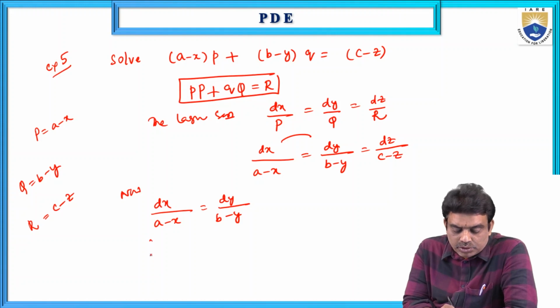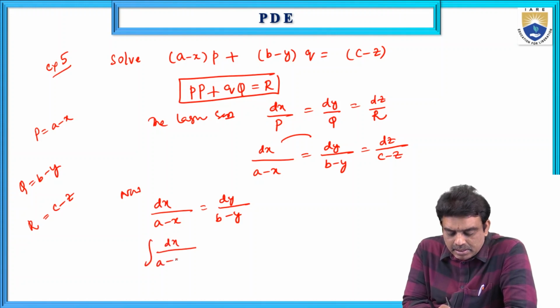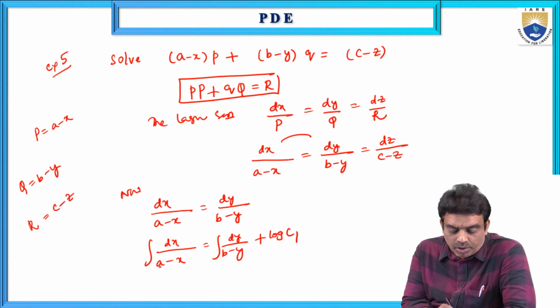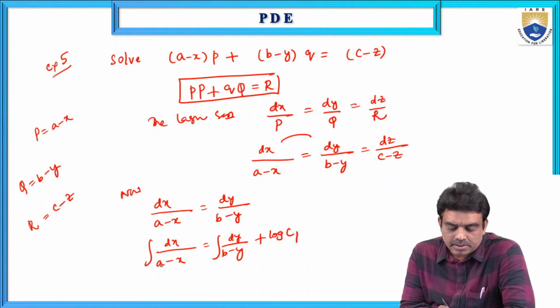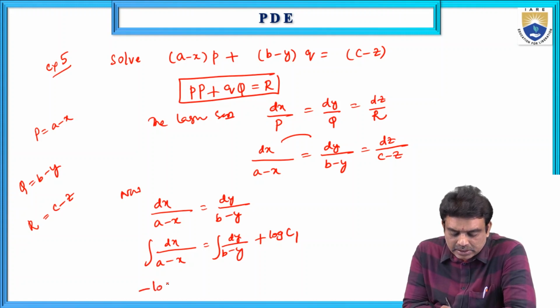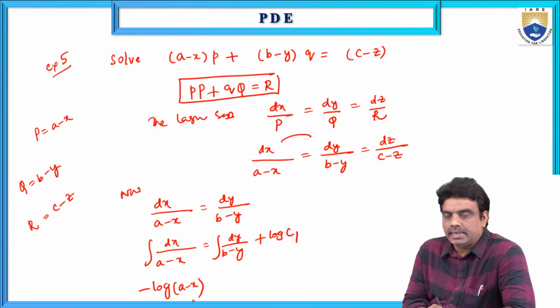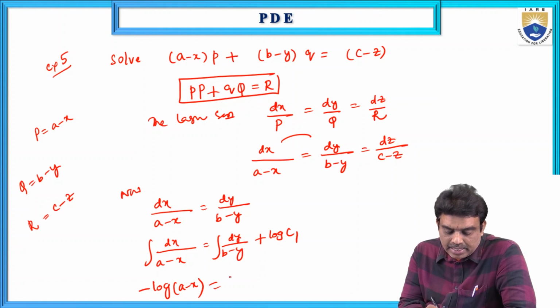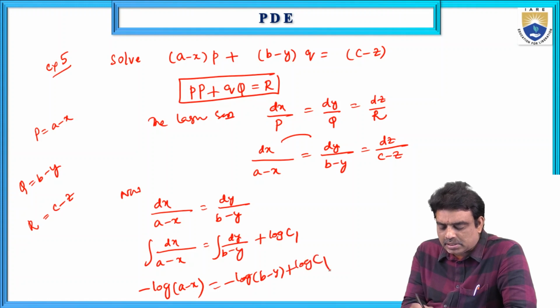And taking integration on both sides, integral dx by a minus x is equal to integral dy by b minus y plus log c1. What will we get here? Log of a minus x, and the derivative of a minus x is minus 1. So, minus log of a minus x, the integration of minus 1 by x dx, like that, is minus log x. And here it is minus log of b minus y, and this is plus log c1,